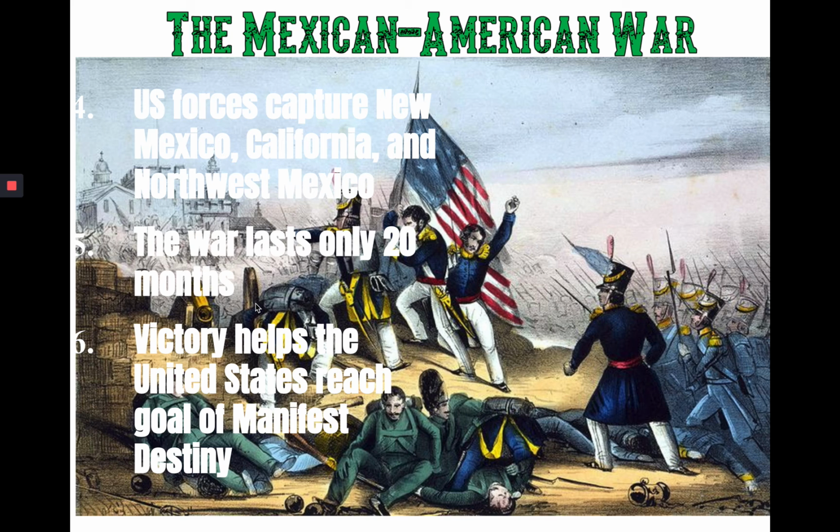And the victory, so the United States doesn't lose any major battles, and we're not going to get too much into this war, but the victory corresponds with this idea of manifest destiny. And manifest destiny is an American belief. It is a strong belief of our president at the time, James K. Polk, and it's a belief that the United States has a divine right to spread west and to spread its beliefs of democracy and capitalism to the western part of what is now the United States, Mexico, Washington, etc. But it's this belief, manifest destiny, that we are supposed to expand west.